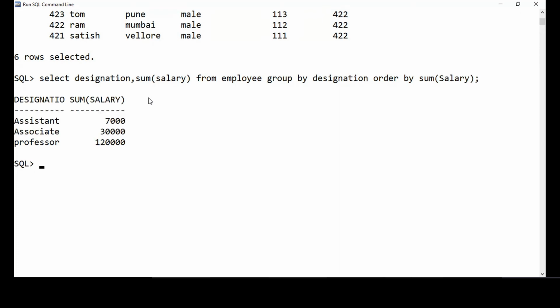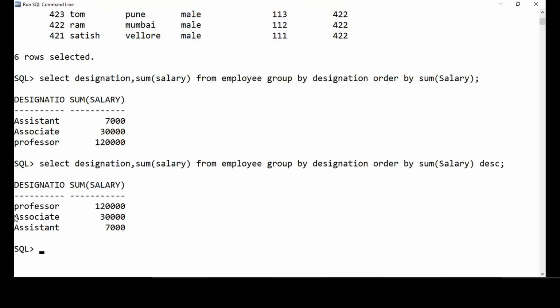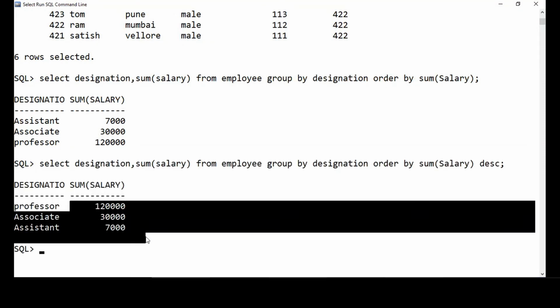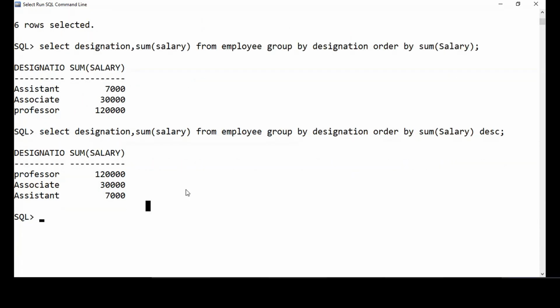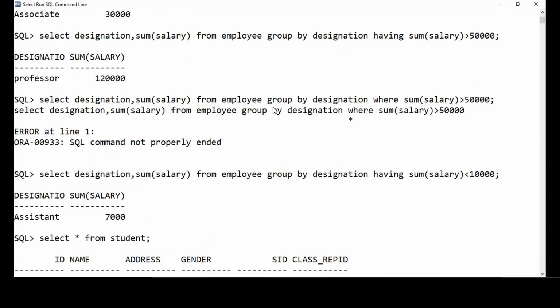So now you see this is ordered by sum of salary. If I want to order it in the descending order, just give DESC. It is ordered in the descending order. Very simple. So we have learned what is group by, what is having, what is an order by clause, and how you use all these clauses in a query.